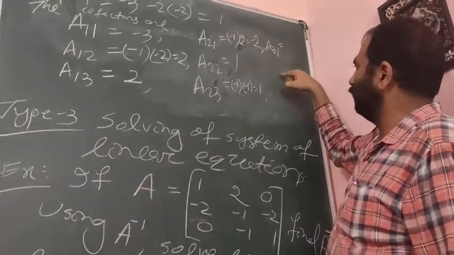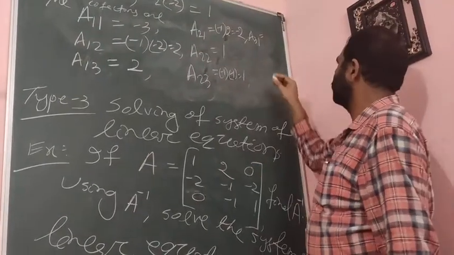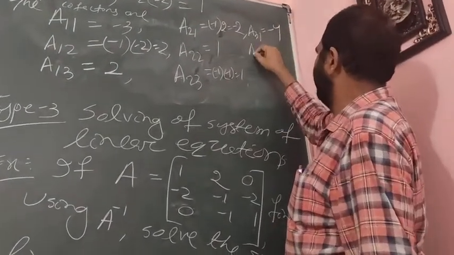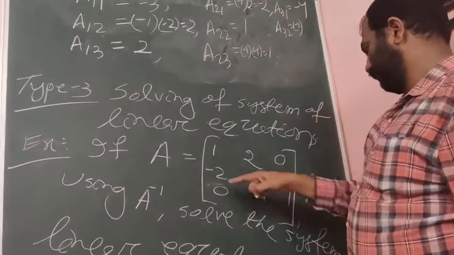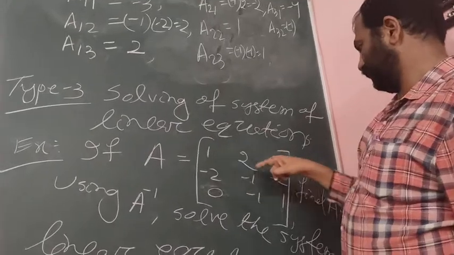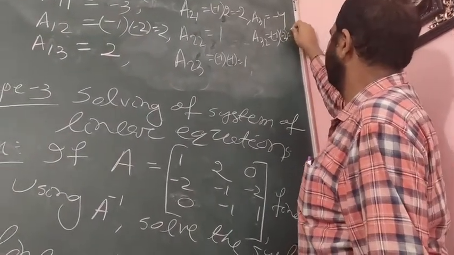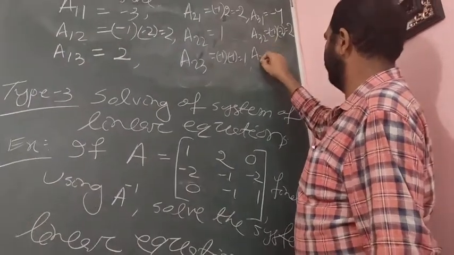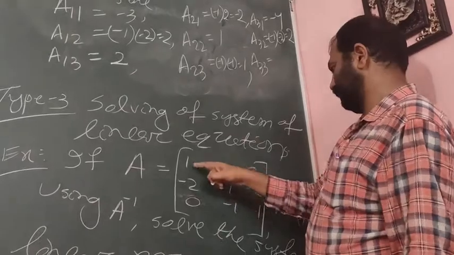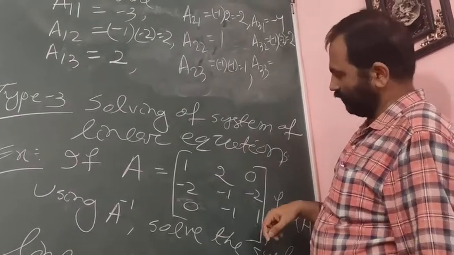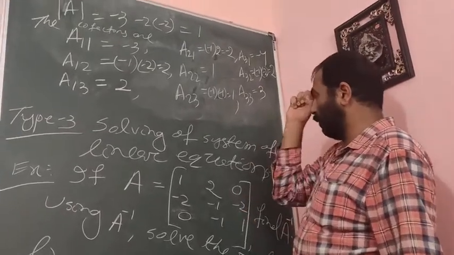A31. So here it is plus. So this cancels. So it is minus 4. Okay. And A32. It is minus 1 into, this is omitted, it is minus 2. So it is finally plus 2. The result is plus 2. What is A33? That equals, omit this, it is minus 1 plus 4. It is 3. So these are the cofactors.